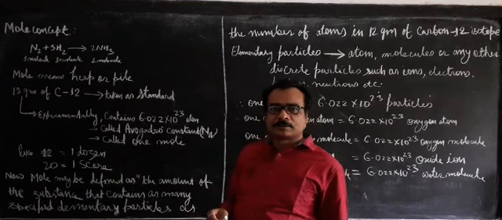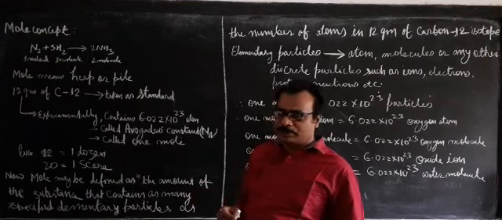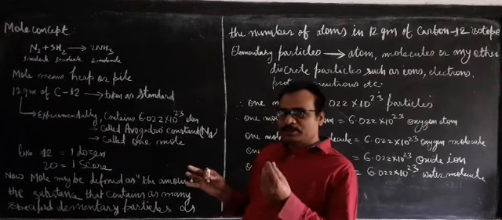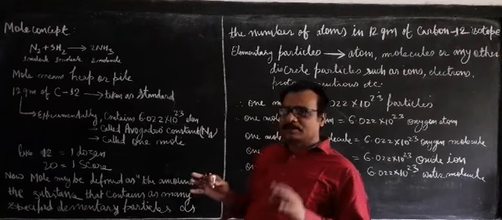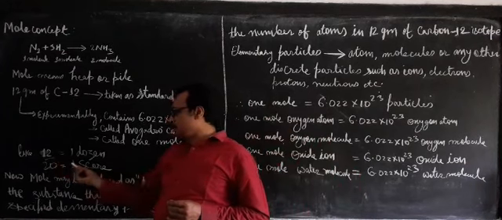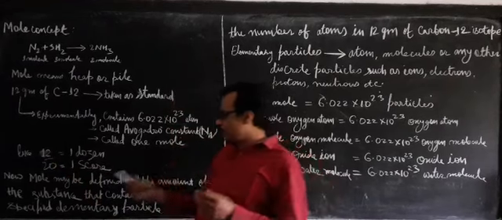It is the same thing as 100 paise equal to 1 rupee. So mole is nothing, it's a unit to count a certain thing. Like that, for 12 what do we say? 1 dozen. For 20 what do we say?